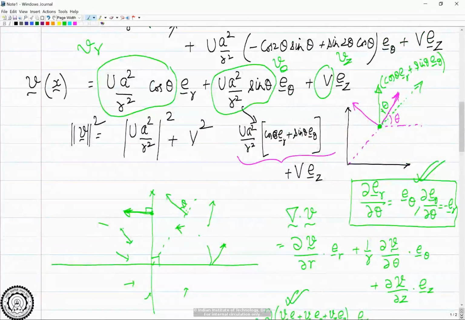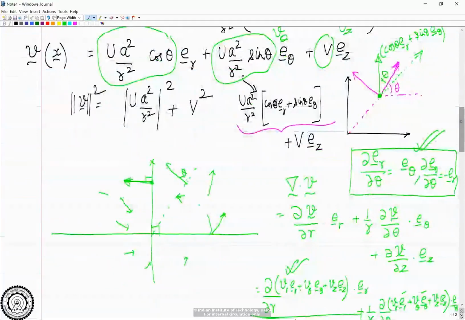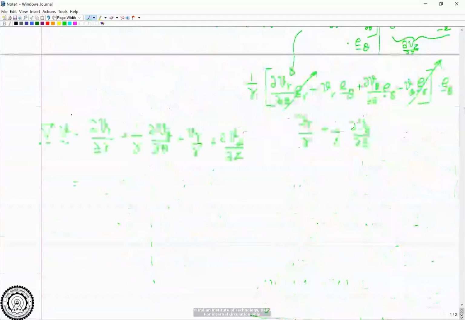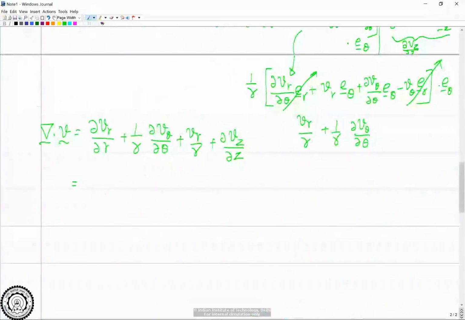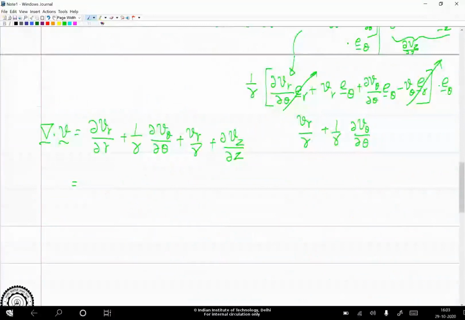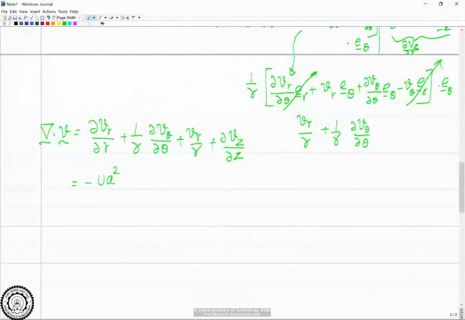Then coming to del V theta, when you do del V theta by del theta, the sine theta becomes equal to cos theta. Okay? And then likewise you have to do del Vr by del R. So let us see what you get. So del Vr by del R, if you recall, it was UA square by R square. So this becomes minus UA square by R cube into cos theta